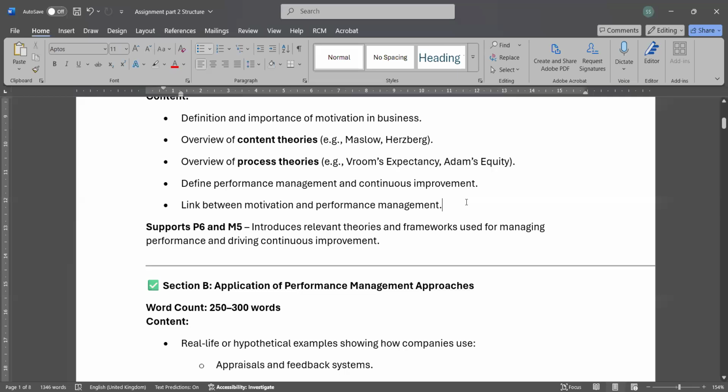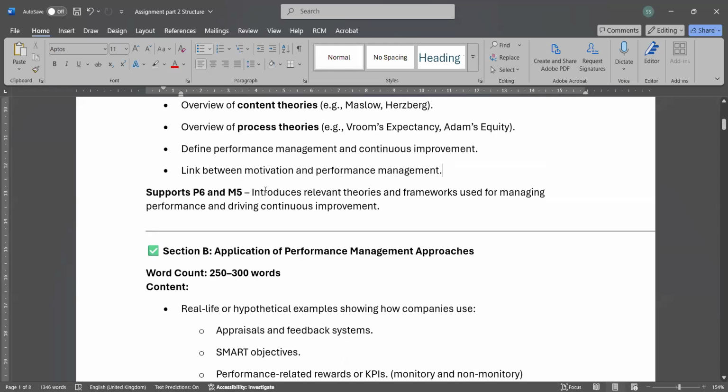It can lead toward the employee's performance and maybe towards the organization's performance. But in this P5, you are basically talking about relevant theories and frameworks used for managerial performance, and how you will be bringing continuous improvement in the organization.